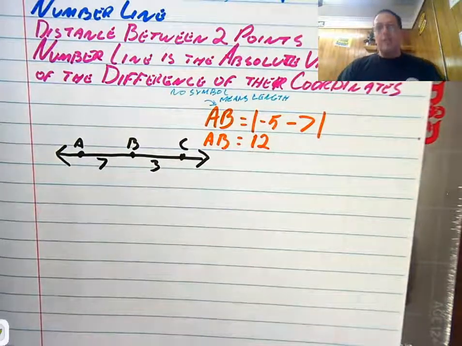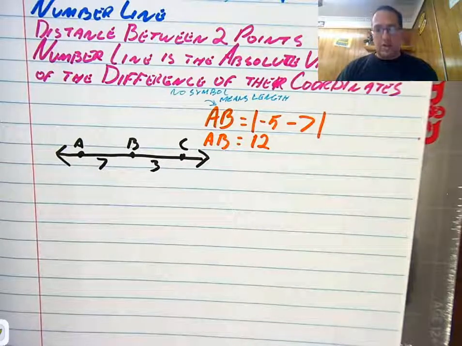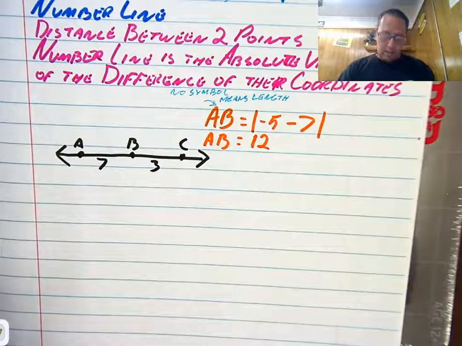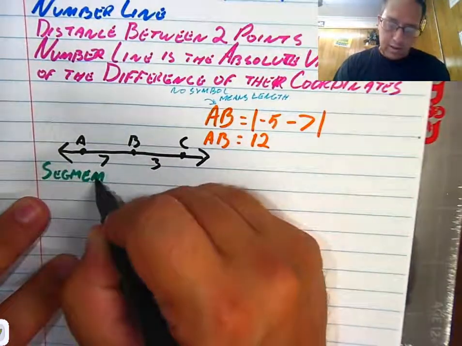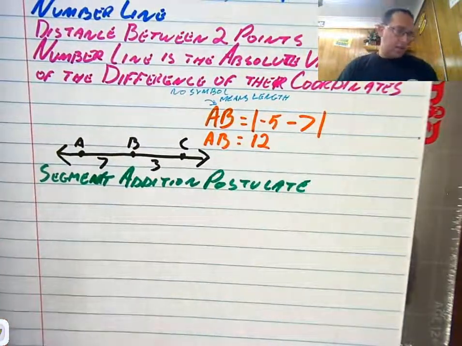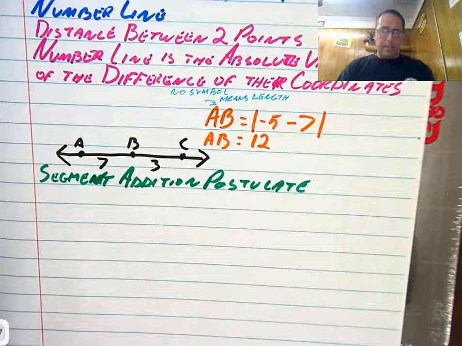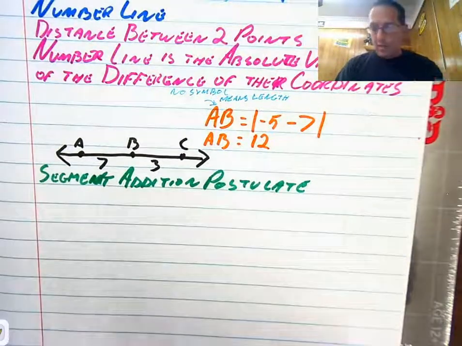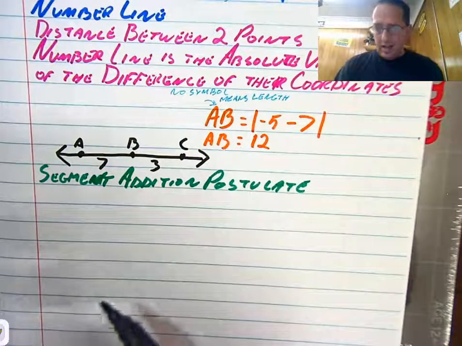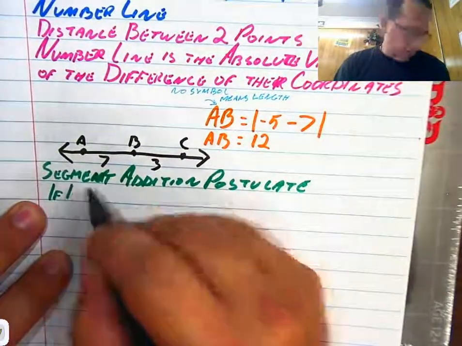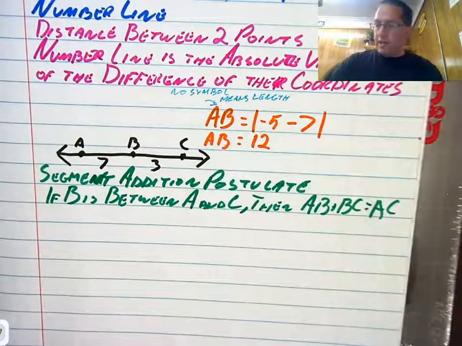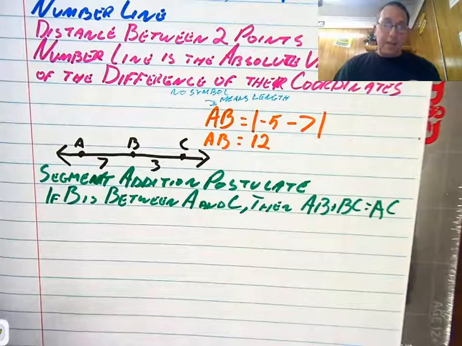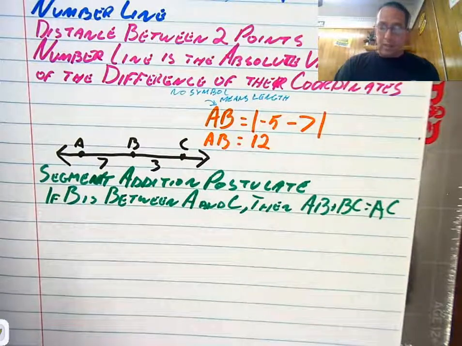I know how to do that. But again, it's an axiomatic system. It's based on rules. We have to have a rule that says how to find this. And that rule is the segment addition postulate. So here we go. The segment addition postulate. What this says is that if B is between A and C, then we can add these two up. All right? So, if B is between A and C, then AB plus the length of BC is equal to the length of